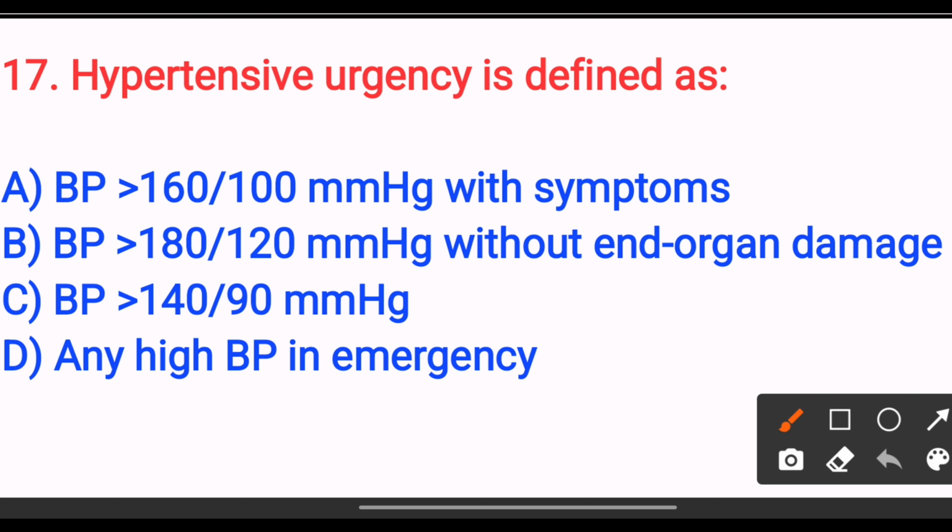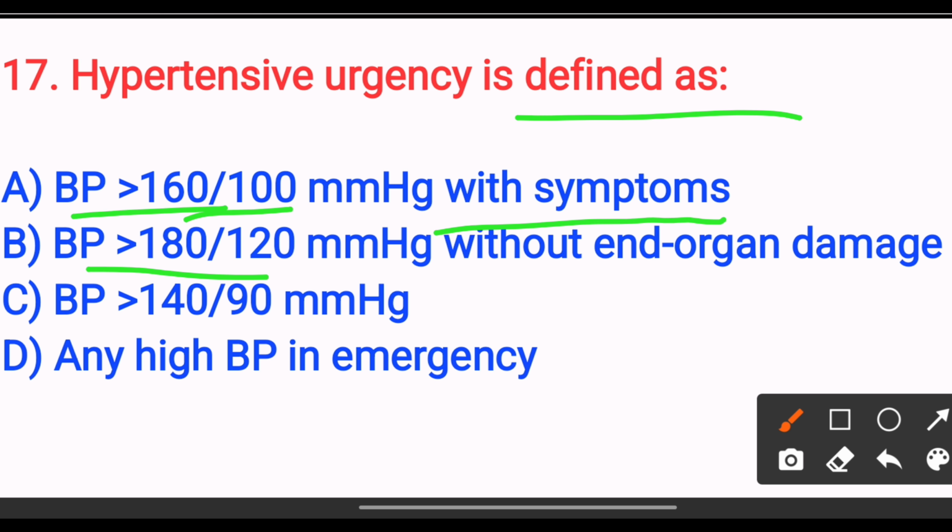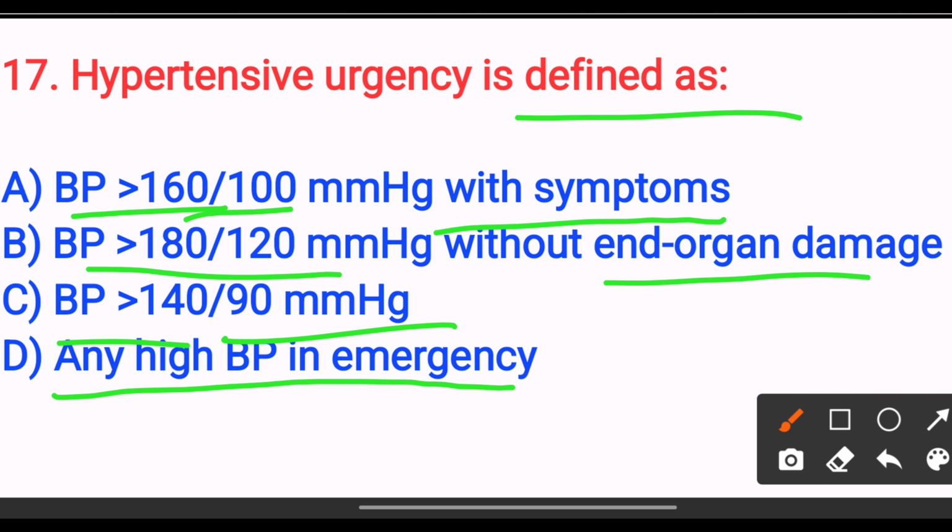Hypertensive urgency is defined as: option A, when the BP is greater than 160 by 100 mm of Hg with symptoms, BP greater than 180 by 120 mm of Hg without end organ damage. Option B, BP greater than 140 by 90 mm of Hg. Option D, any high BP in emergency. The answer is option B, BP greater than 180 by 120 mm of Hg without end organ damage, because urgency is severe BP elevation without acute organ damage. Next,